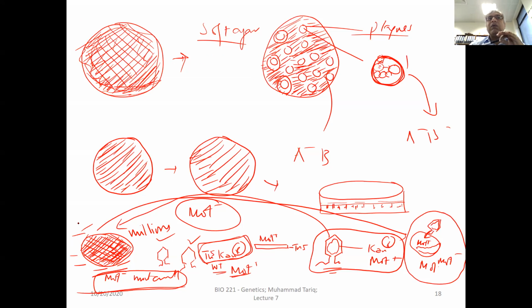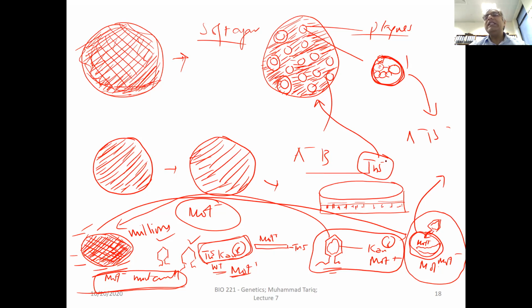And we will isolate, we will know this phage, we'll know this bacteria. Since we know TN5 DNA, we can go back to the original plaque from where we isolated this phage,